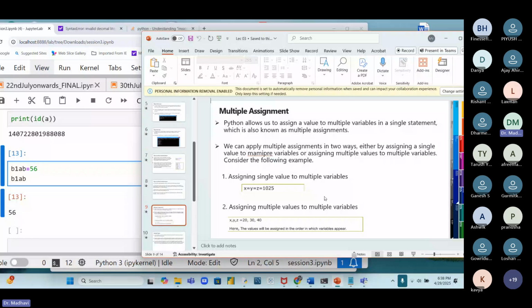Then there are multiple assignments allowed. Python allows us to assign a value to multiple variables in a single statement, which is known as multiple assignment. So if I am talking about x equal to y equal to z equal to 1025, here, if I am going to say this,